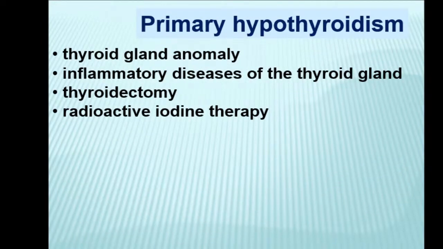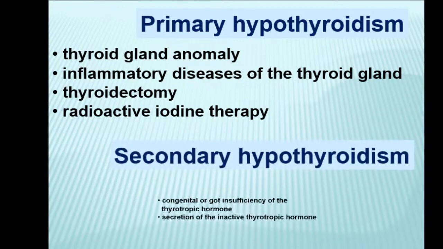Primary hypothyroidism appears due to abnormality of thyroid gland or its chronic, progressive, prolonged inflammatory diseases when the activity of thyroid gland decreased due to abnormal growth of connective tissue. It may be the result of thyroidectomy with primary hyperthyroidism. Sometimes it is corrected with surgical method, or the result of activity of ionizing radiation.